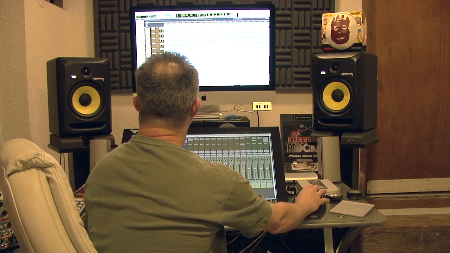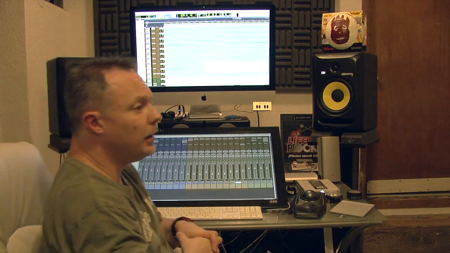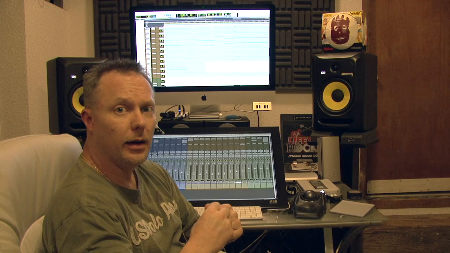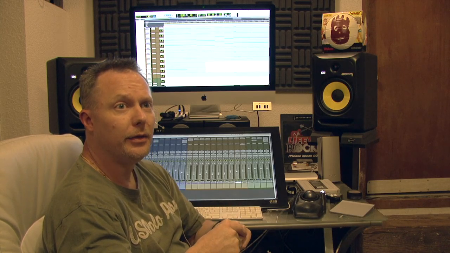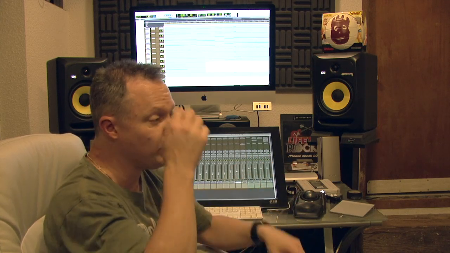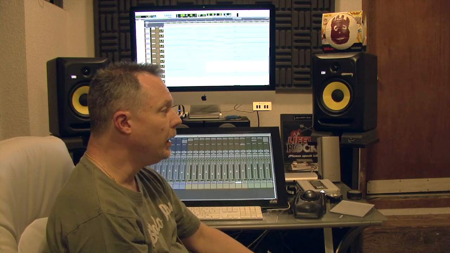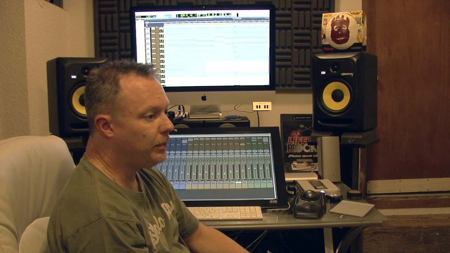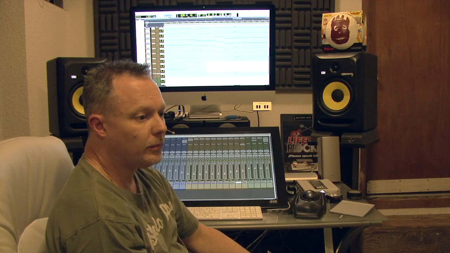But the touch surface is pretty cool. It is something that I have really taken to. I've gone all in on it. Like I said, I've gone completely Mac. I was a Windows guy. The Project Mix IO was my first venture into using control surfaces where you had faders, moving faders, motorized faders. Then from there I went to the Digi 003. And then I used the Euphonix Mix Control,